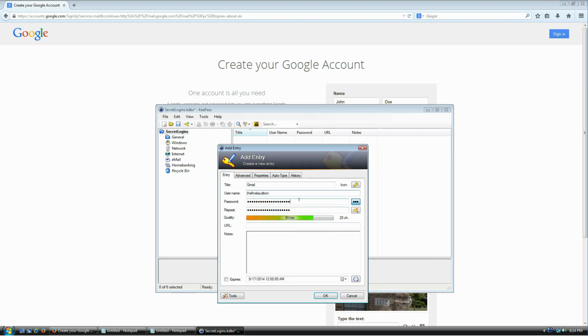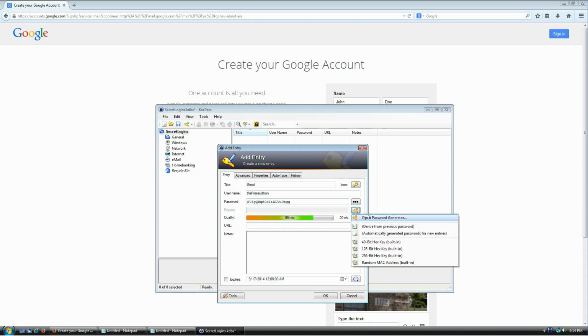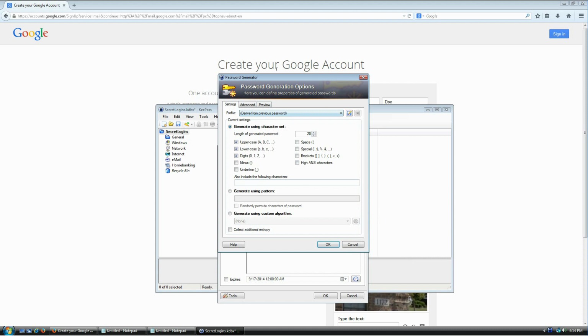Now it's asking me for a password, and here's where the magic actually happens. If you click again this show hide password icon, you're gonna see this is some random garbage. This is KeePass's suggestion to use for a password for this particular site. Now you don't have to use this. KeePass comes with an awesome password generator. All you have to do is click in this icon and go to open password generator, and voila, oh my,